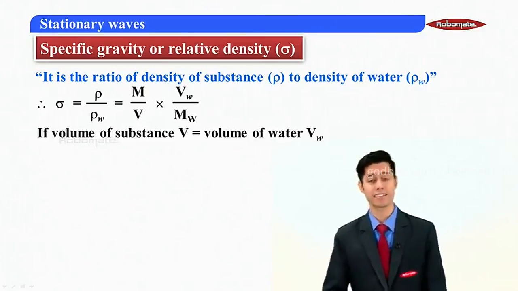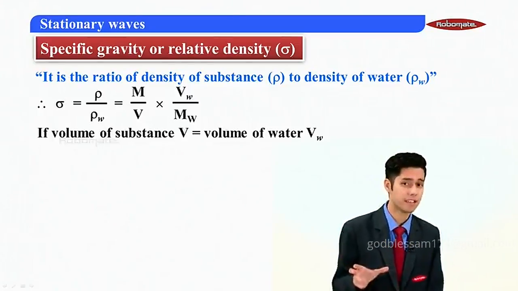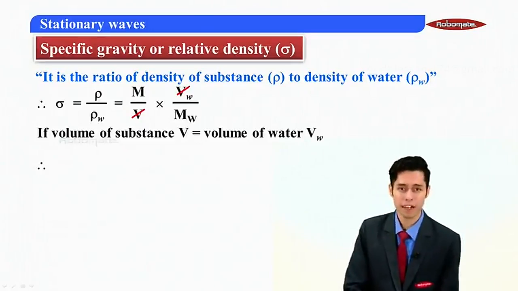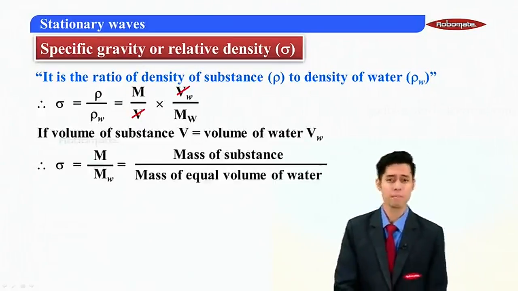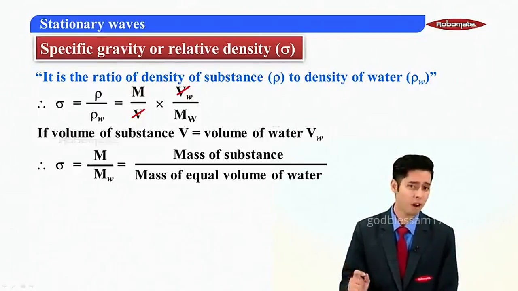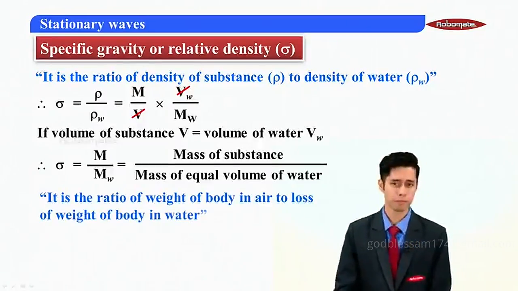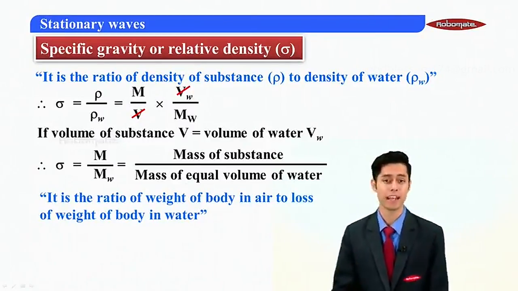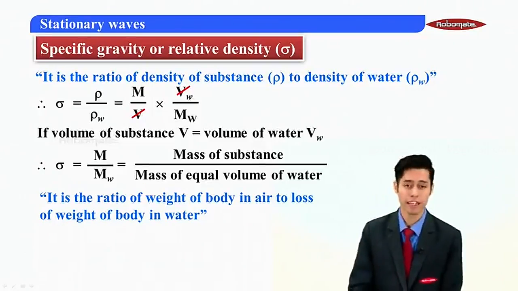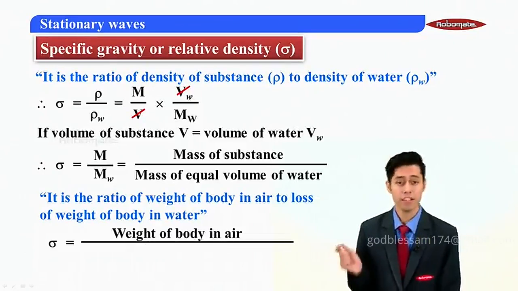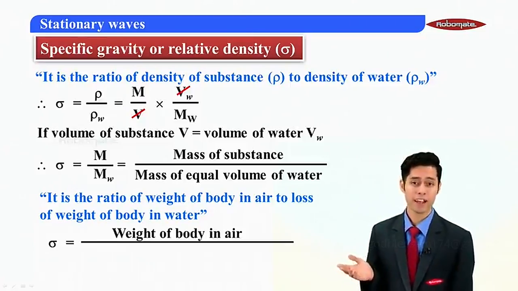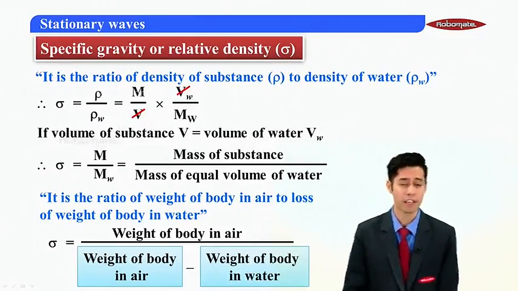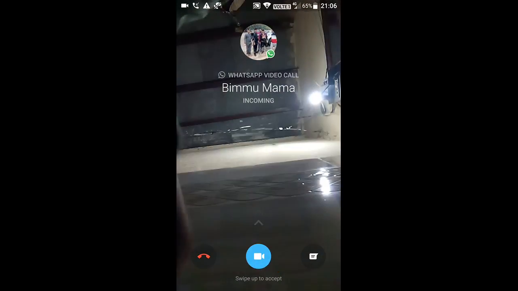Now let me consider a case in which the volume of the substance is equal to the volume of water, so both the volumes will get cancelled. So sigma, that is the relative density, will come out to be mass of the substance divided by mass of equal volume of water. And one more way of defining the relative density is the ratio of weight in air to the loss of weight of a body in water. So can I say sigma will be weight of body in air divided by loss. Now loss is written as weight of body in air minus the weight of body in